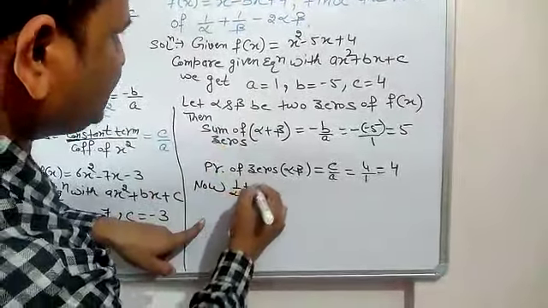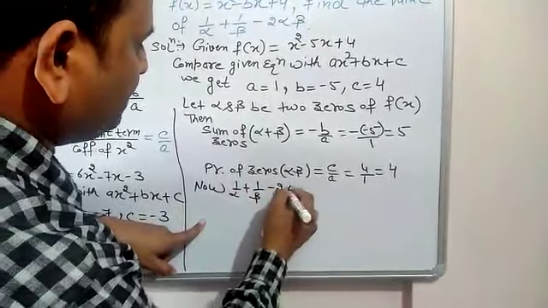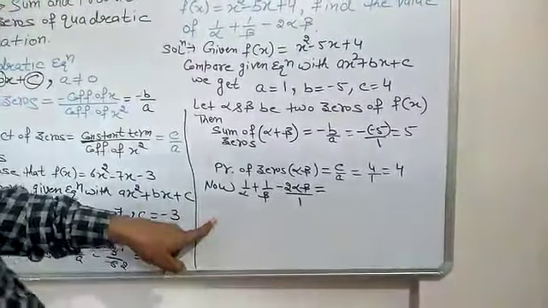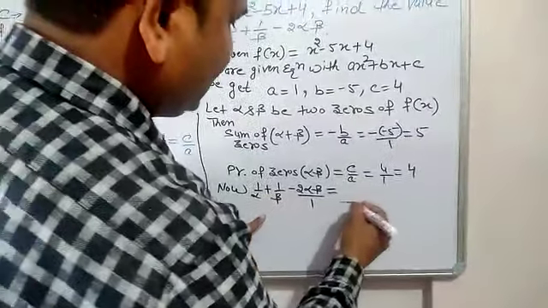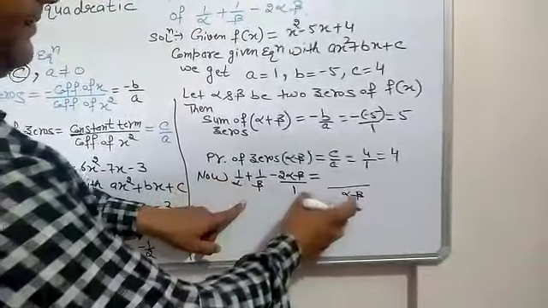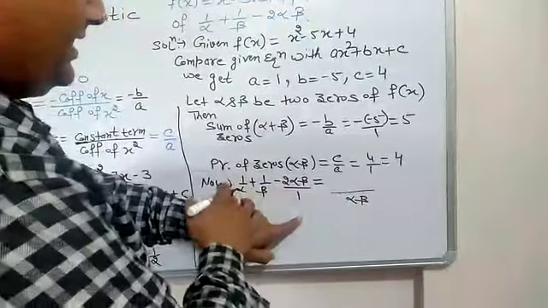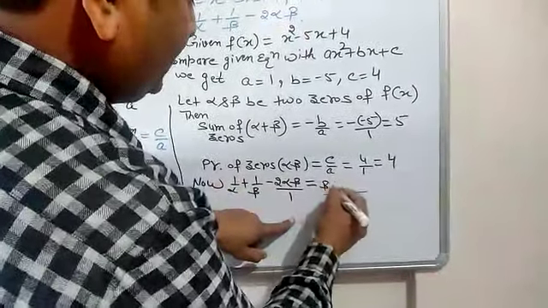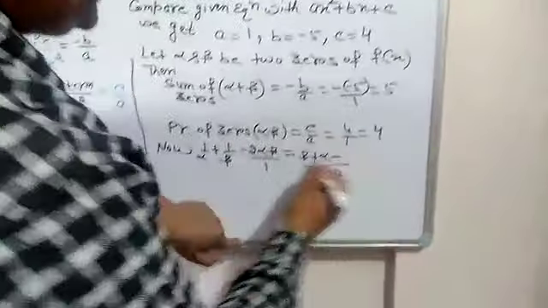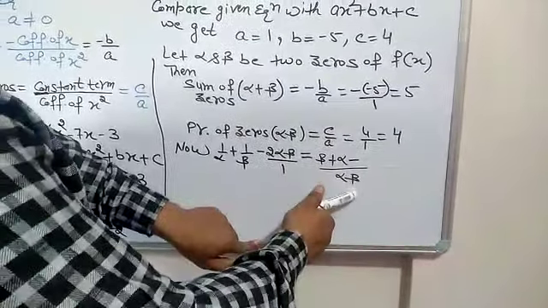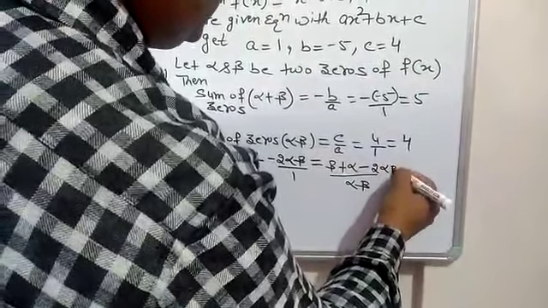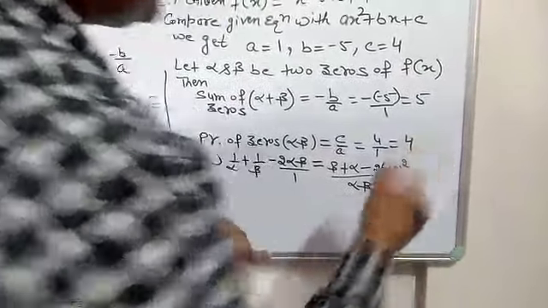Now 1 upon alpha plus 1 upon beta minus 2 alpha beta is equals to, actually we are interested to find this value. So you can see we have to take the LCM. So what is LCM of alpha beta? Alpha beta. Here is alpha, but our LCM is alpha beta. So what is not here? Beta is not here. Beta into 1, beta. By the same, 1 into alpha, we get alpha. Minus 2, and your LCM is alpha beta, so alpha beta multiply. Alpha beta into alpha beta becomes alpha beta square.